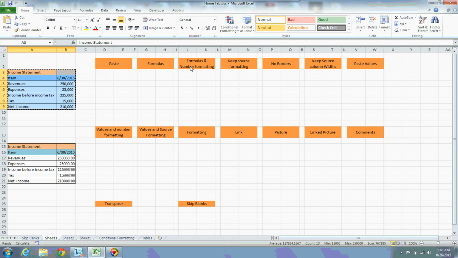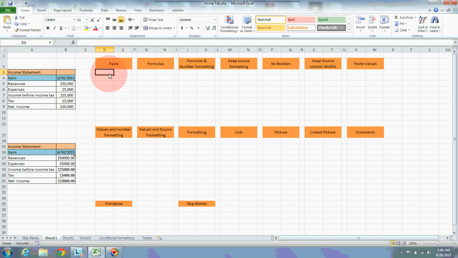Now let us explore all these options. There is a small button under the paste option. If you click on this button, there are different options available. Let us see what these options are. This is the target area where I want to copy this data from here to here.